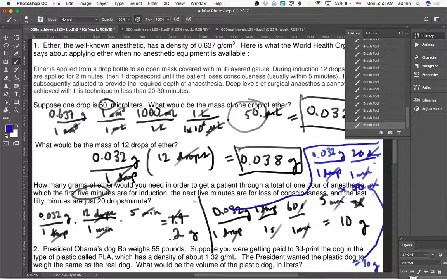That's going to be 42 grams, except this number only has the tens place. The ones place is not significant. That means the answer can only have the tens place. That means the answer is not 42 grams. The answer is 40 grams. So this is about 40 grams. About 40 grams could be 38 grams, 39 grams, 40 grams, 41, 42, 43, 44, could even be 35 grams. So this is